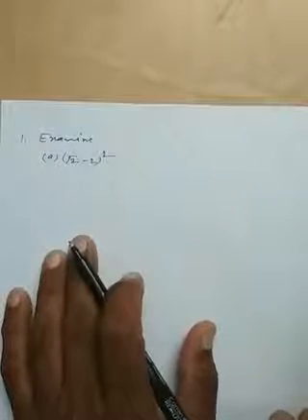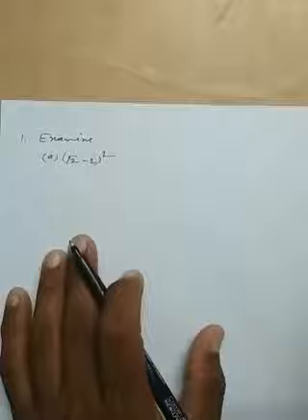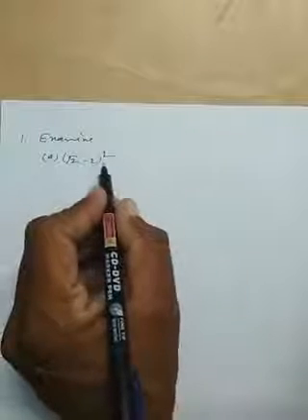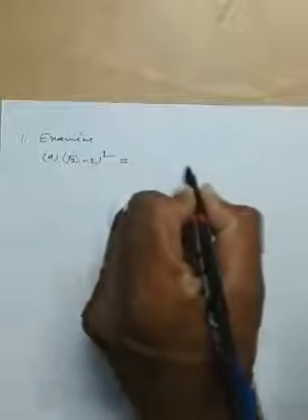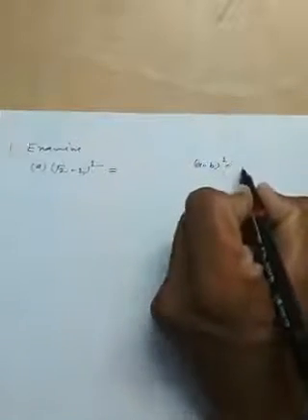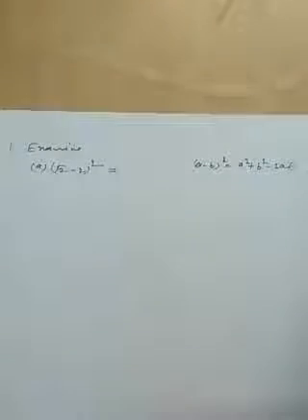Dear students, for class 9, in the practice questions, our first question is to examine whether the following are rational or irrational. Our first question is (√2 − 2)². So we applied the identity (a − b)², which is equal to a² + b² − 2ab.